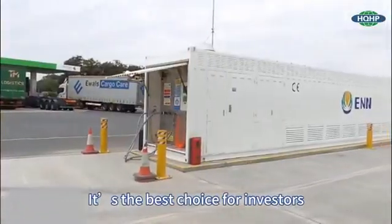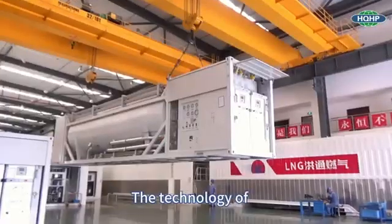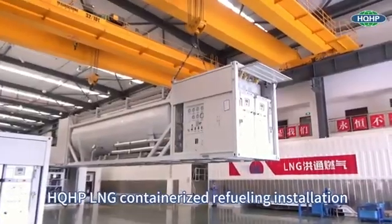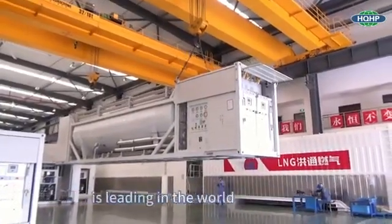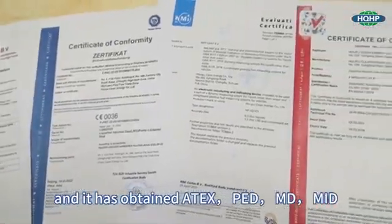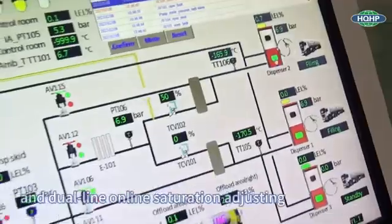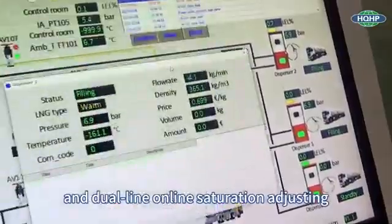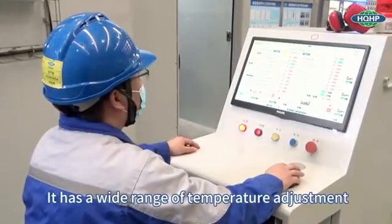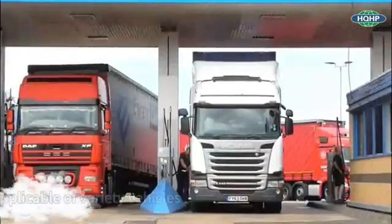It's the best choice for investors with fast, batch, and large-scale construction needs. The technology of HQHP LNG containerized refueling installation is leading in the world, and it has obtained ATEX, PED, MD, MID, and other international certifications. It has the functions of unmanned refueling, dual-line online saturation adjusting. It has a wide range of temperature adjustment, high measurement accuracy, fast response, zero BOG emission, and is applicable to